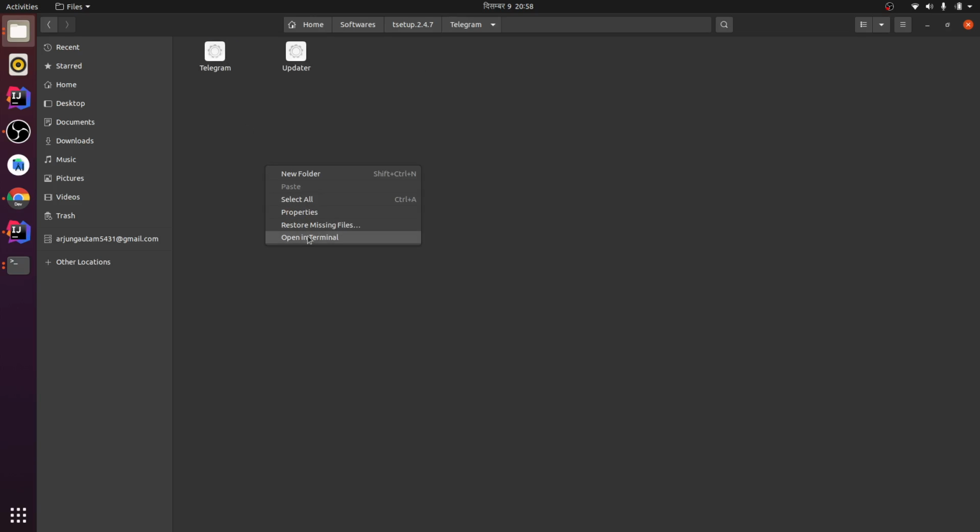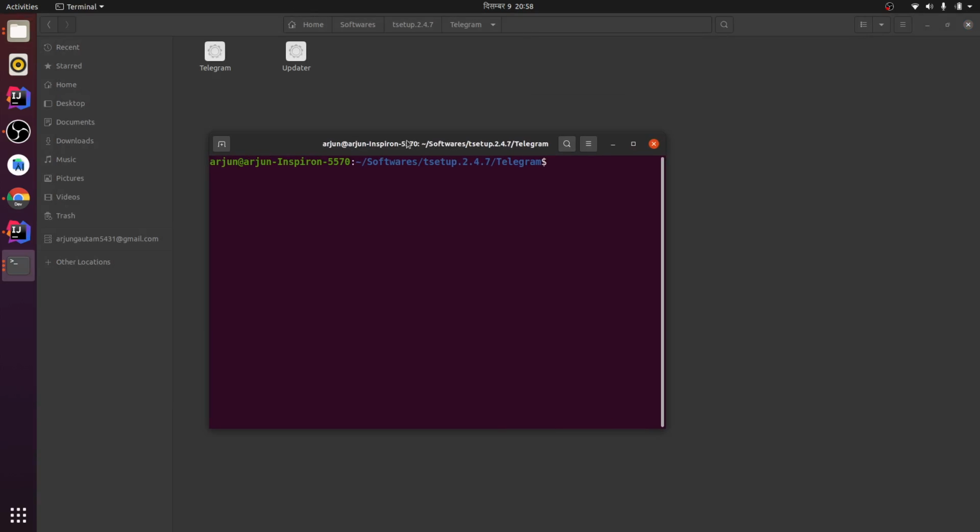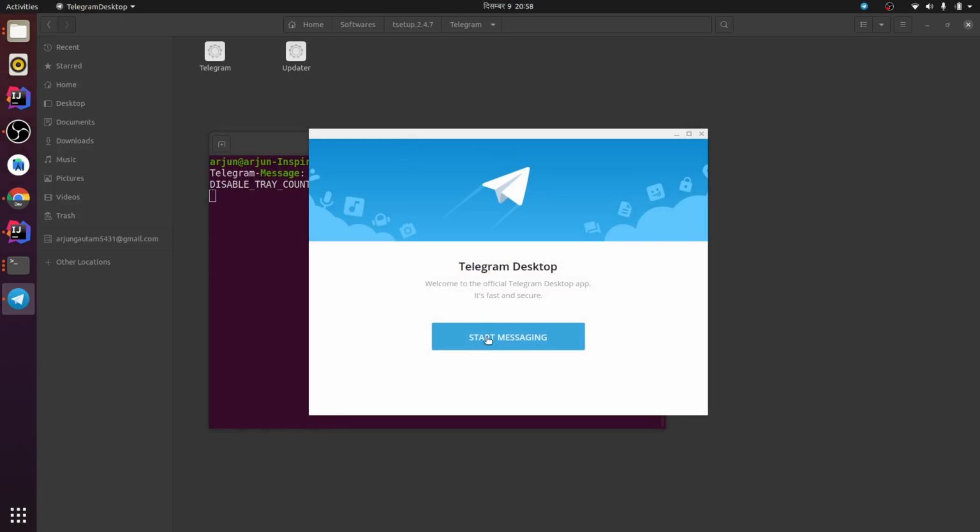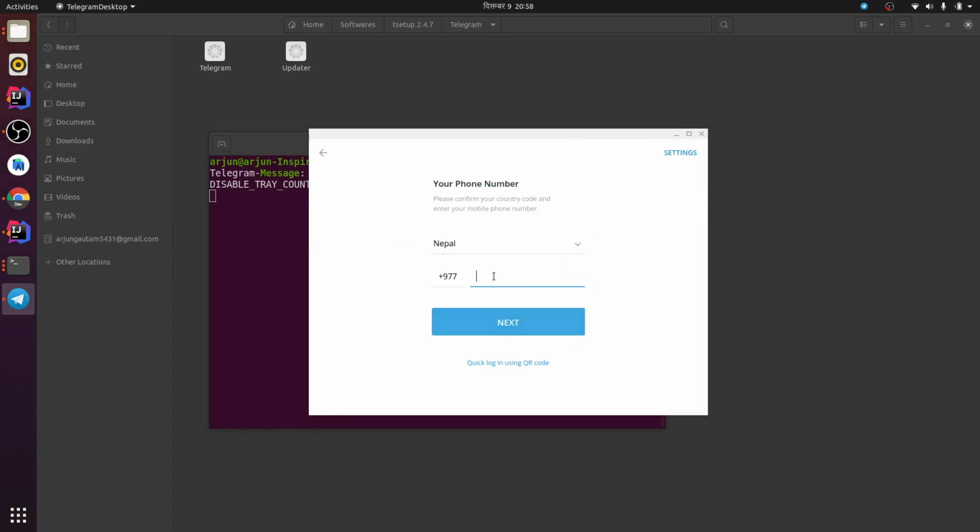And just click open the terminal, just right click and just type Telegram and click enter and just enter your number and you should be good to go. And just after you type your number, it will ask you for a verification code. So for using in your laptop you need to install it in your mobile as well. So after putting some codes you will be good to go with the Telegram in your